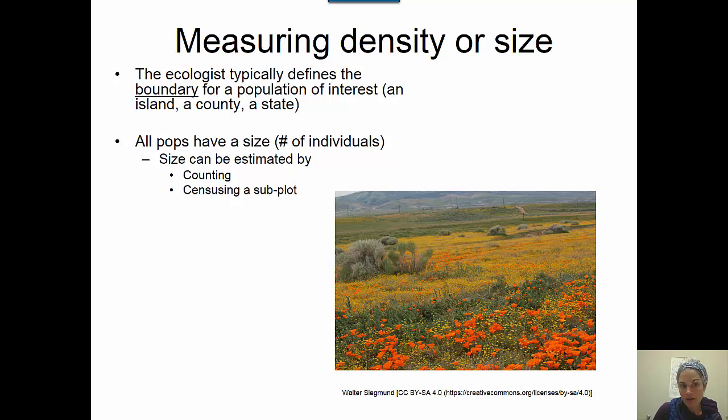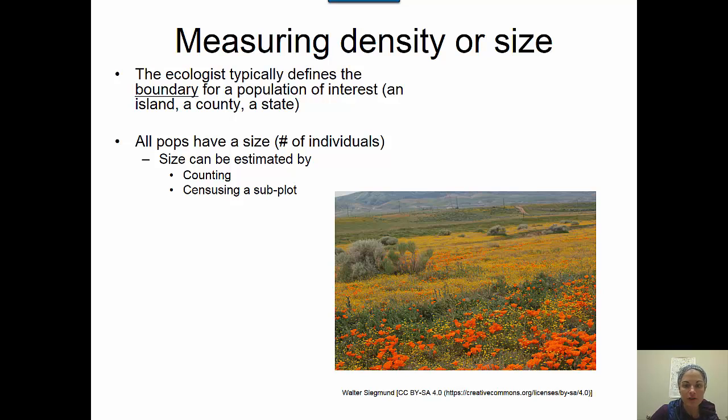And that can be done a couple of ways. For plants, we can count them, and that might be a viable option for really small populations like we have with the Wairika flax. But for really large populations like we see here in the picture of California poppy or the yellow-flowered plant here, which is in the genus Lasthenia, it might be necessary to census a subplot to determine